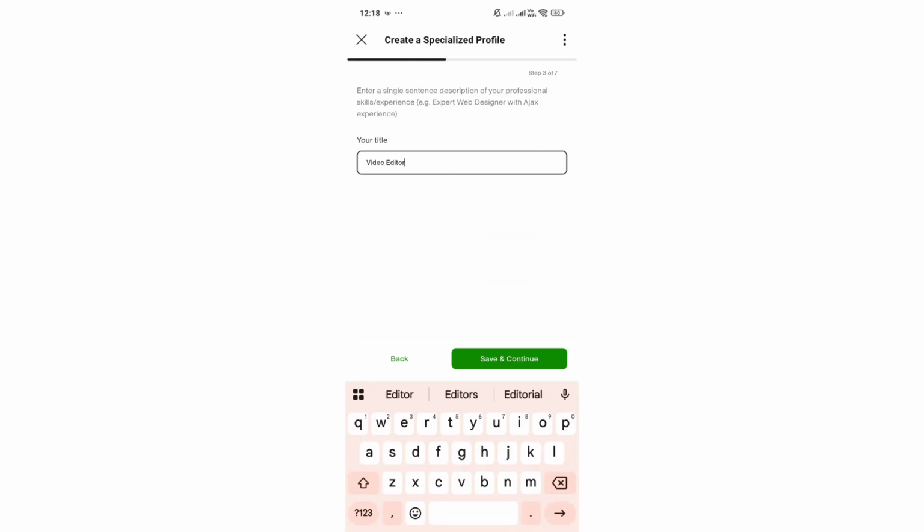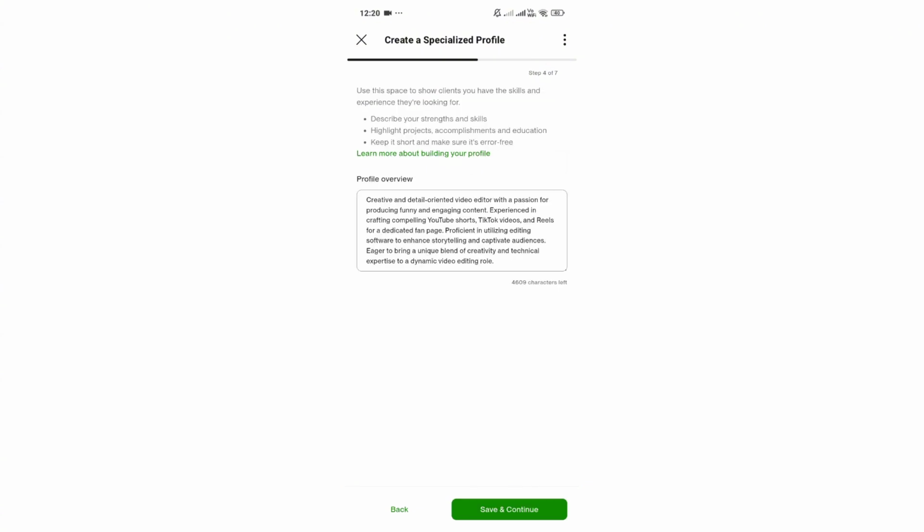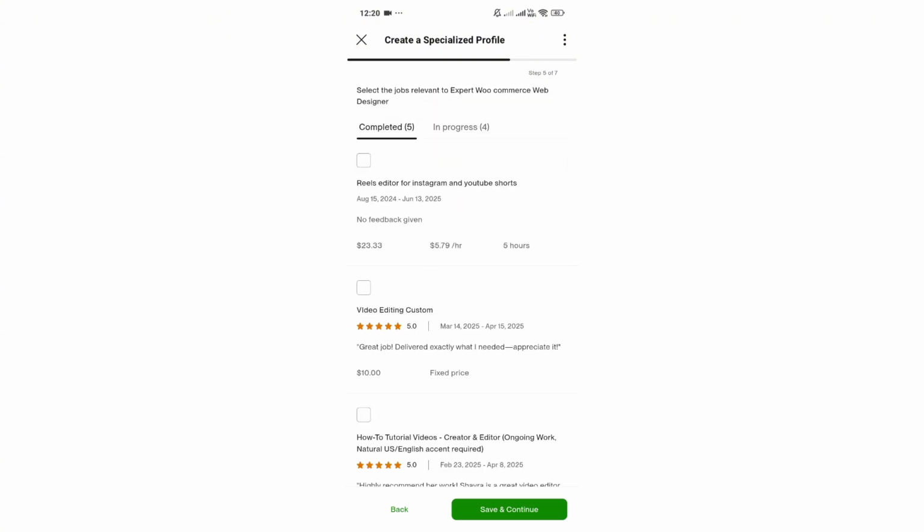Now click on save and continue to continue, and then in here you'll need to name your title as a web developer. So make sure that you name your title with a single sentence description of your professional skills or experience. Now click on save and continue to continue with the next step once you're done entering your title into this section. On the next page, you'll need to create your profile overview for that specific specialized profile, and then